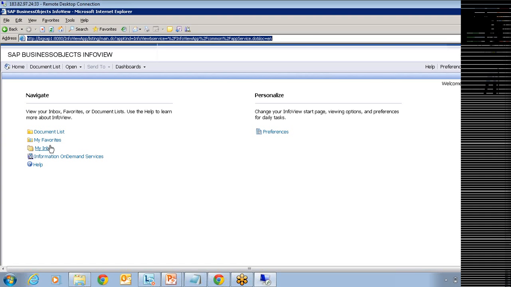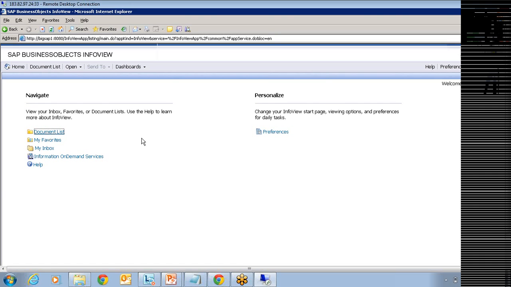You can send a message, or send an output of a specific report to the inbox of the other user. It acts like an Outlook inbox, wherein you can share information between multiple users. But this is specific to Business Objects, wherein you can send messages to the internal BO users.